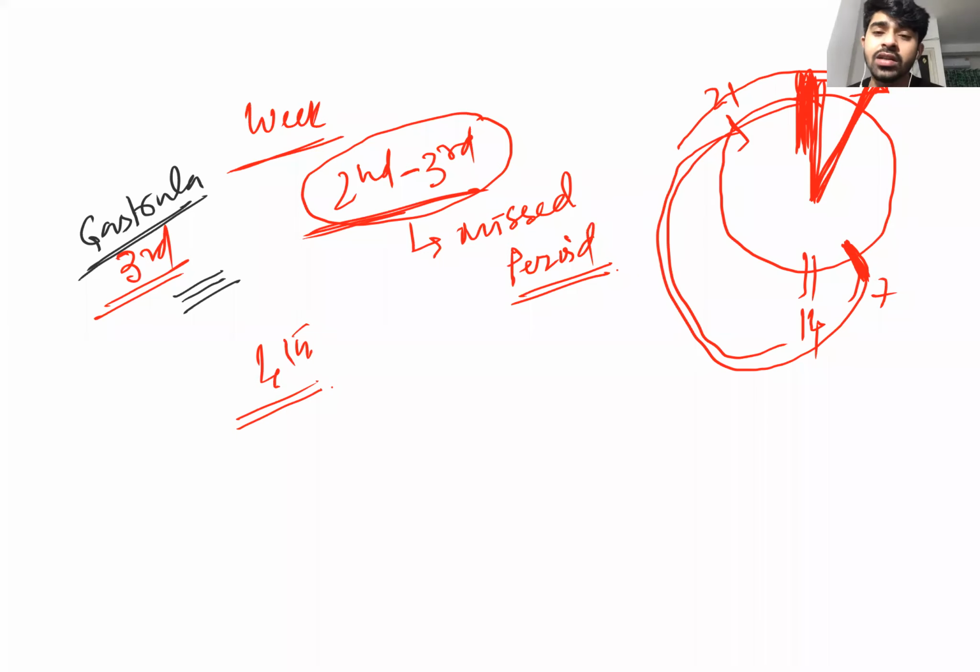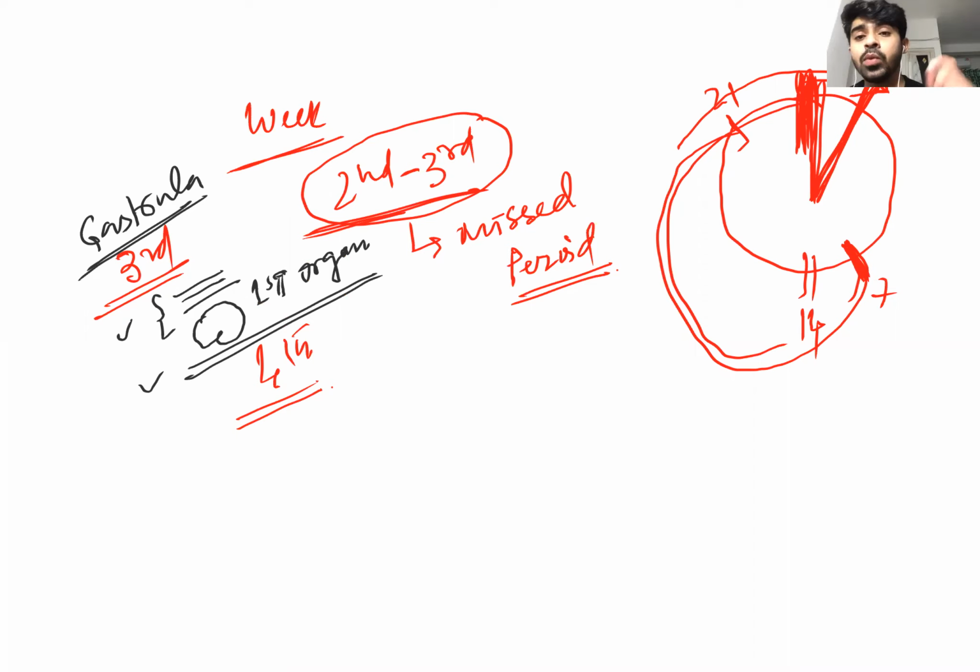Second, can you tell me in the third week, how many germ layers are there? 3 germ layers are there: ectoderm, mesoderm, and endoderm. And next question: in the third week, the fetus is going to form the brain, which is the first organ in the human body. So these are the importance of the third week. The 3 germ layers you will get: ectoderm, endoderm, mesoderm. Before the third week, you will not get all 3 germ layers.